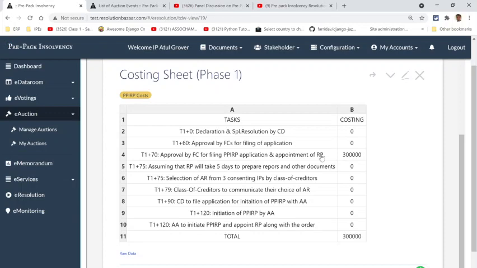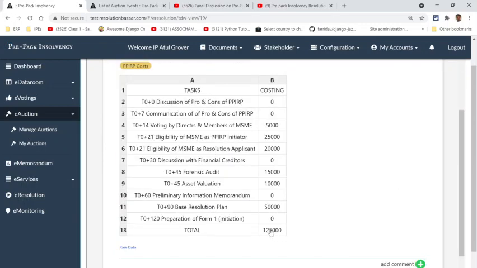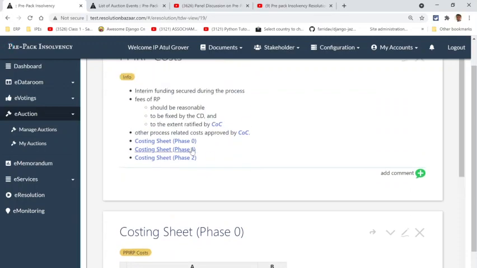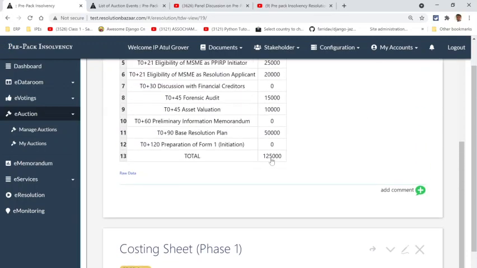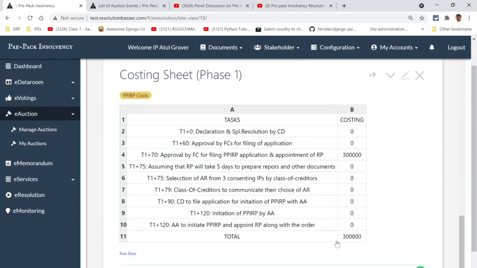So overall, as we saw in phase 2, we spend about 1.5 lakh rupees here. Then in phase 1 we're looking at a minimum, so let's assume that here we spend 2 lakhs, here we're spending 3 lakhs, so about 5 lakh rupees you would have spent by this time.